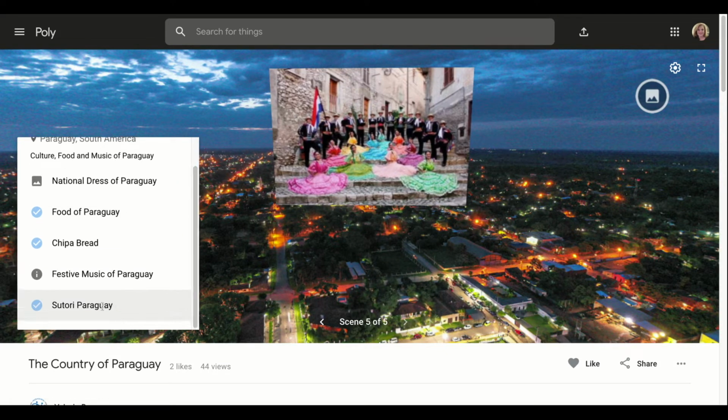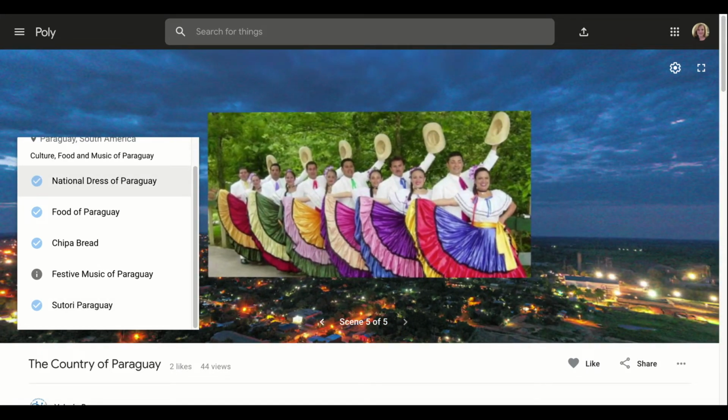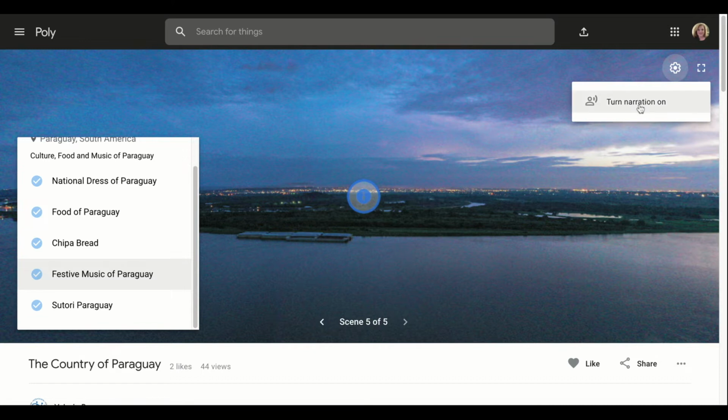Actually, if I scroll down, okay, Sutori, right? We can come over here, and this one also is a national dress of Paraguay, but there's one other one here. Notice this isn't an image. If I click on it and you go all the way over, this is actually an audio file. Now, when you are in Poly and you're viewing these Google tours, if there's any kind of voice narration or any kind of sound, you have to come up to this gear wheel and turn narration on. So once I turn narration on,